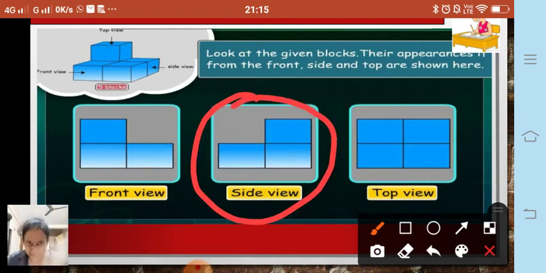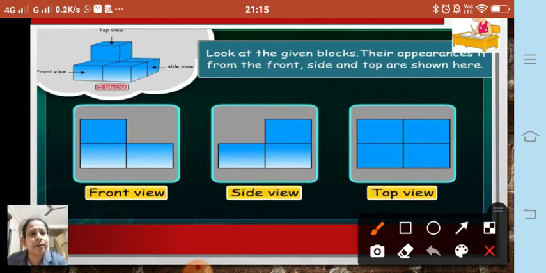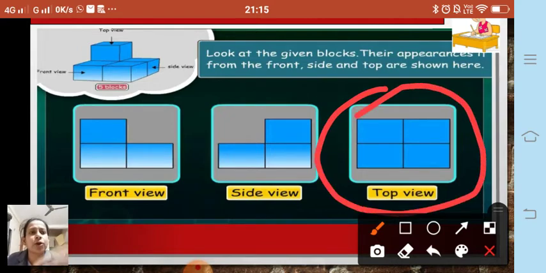Fine. Whereas if you see from the top of this figure, there are altogether 4 blocks and on which a 5th block is placed. Therefore, when you look from up, it will look only like 4 blocks, right? That is this one. This is the top view of the bricks which are kept.